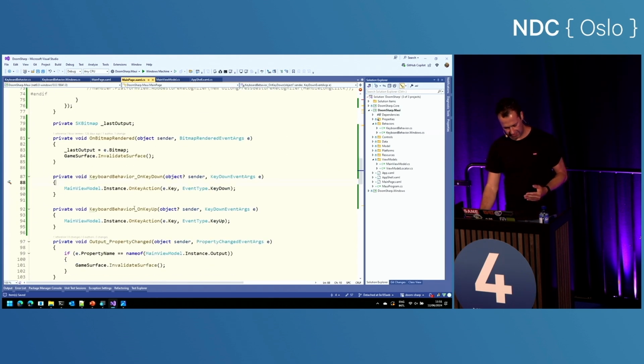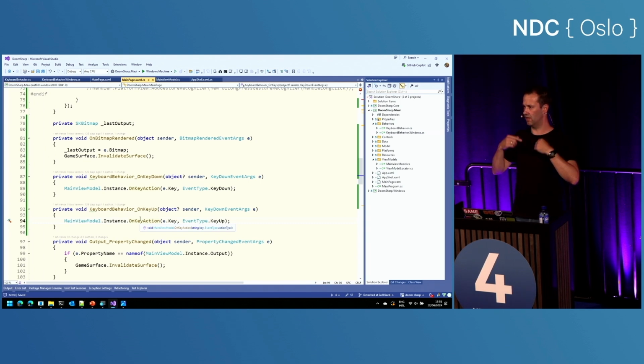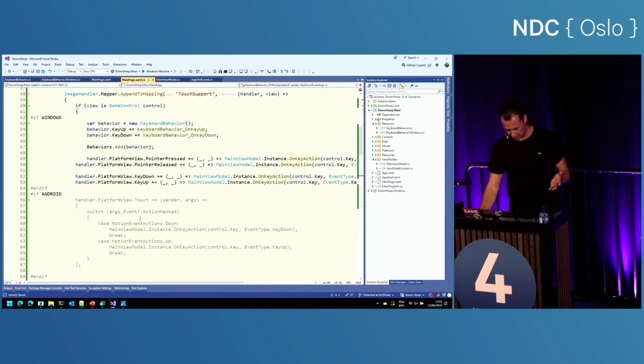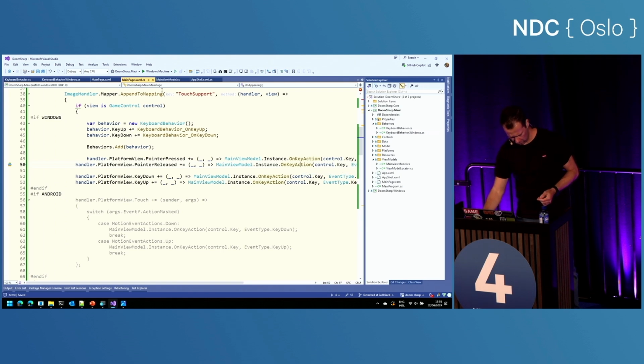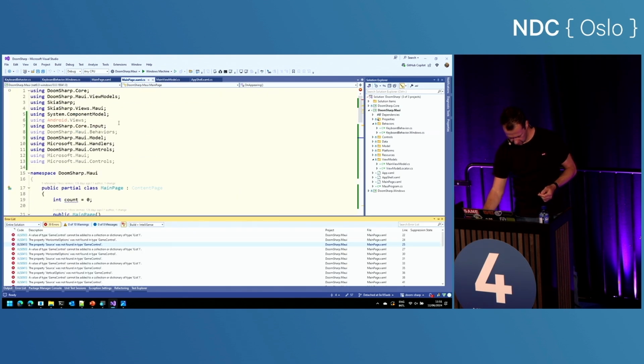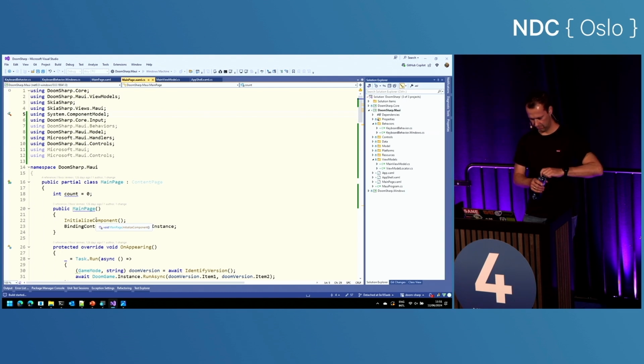And now these things will fire when I hit my hardware keys, and they will go in the on-key action, the exact same one that's being used here by the virtual keys. And from that point on, it's again the engine's problem, and everything is working. One more try to make it work. It will probably fail, because this is not here. It does recognize initialized component now, so who knows?